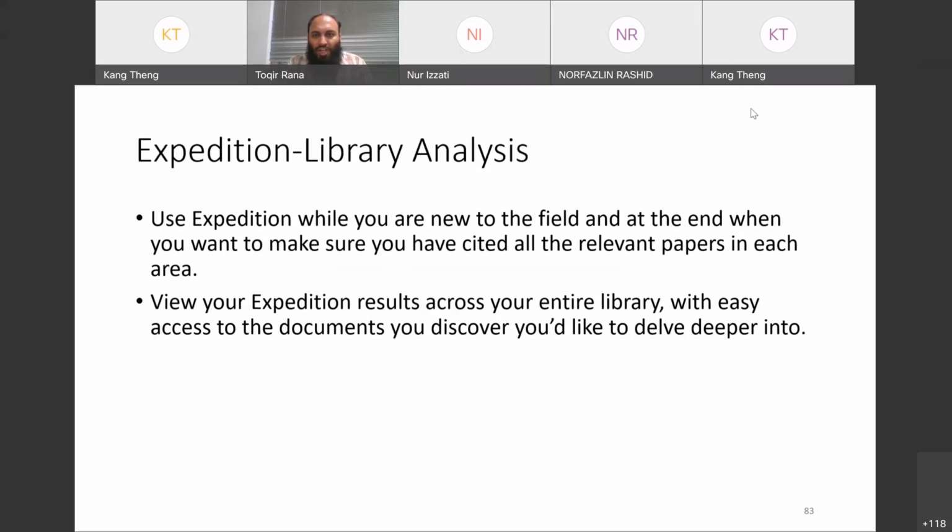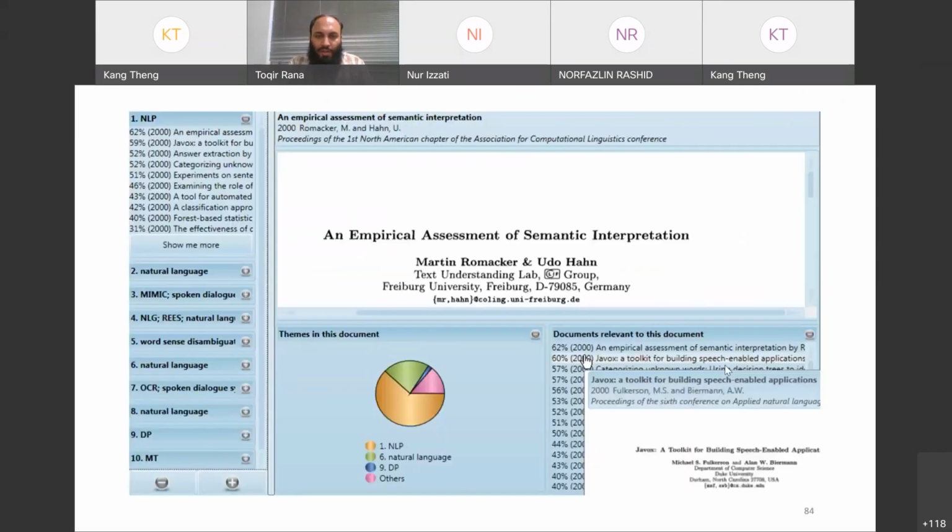So, expedition library analysis: use expedition while you are new to the field, and at the end when you want to make sure you have cited all the relevant papers in each area. View expedition results across your entire library with easy access to the documents to discover ones you'd like to delve deeper into. So you can see what expedition will do: the documents relevant to this document, 62%,